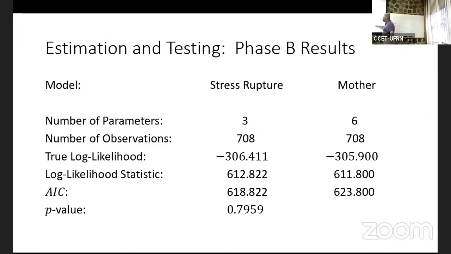AIC, it's basically 5 smaller, lots smaller. It's a winner. Okay? This is going to become important next week because I'm going to talk about what the engineer wants to do for estimating the model. And we're going to be looking at the log likelihood statistics, and we're going to be looking at the AICs.